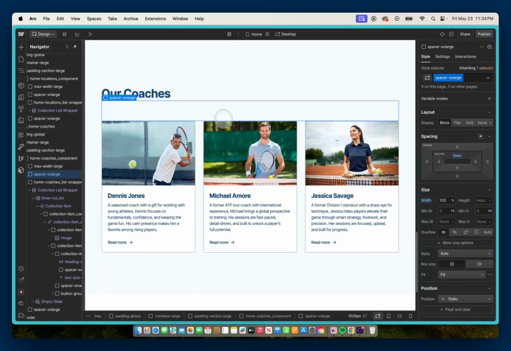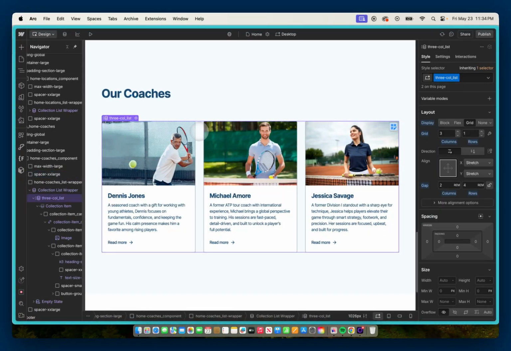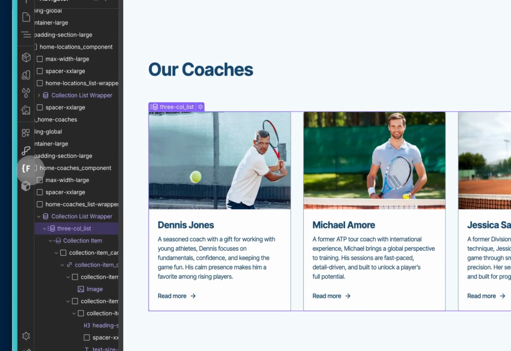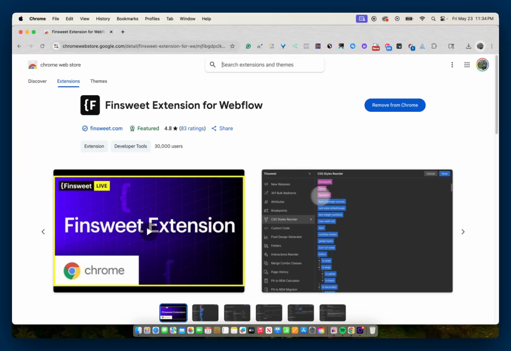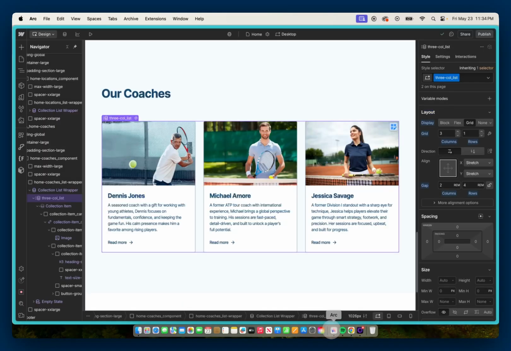Now, if you don't want to do this step each and every time you want to duplicate a collection list card design from one collection list to another, you can use the Finsweet Chrome extension. As you can see, I have it right here. So I'll put the link in the description, and you can add it to your Chrome, and it will give you the extension for Designer, and it gives you much more than just being able to unbind CMS collections. You can look at folders, rearrange interactions, and many more. But if I go back into Designer,